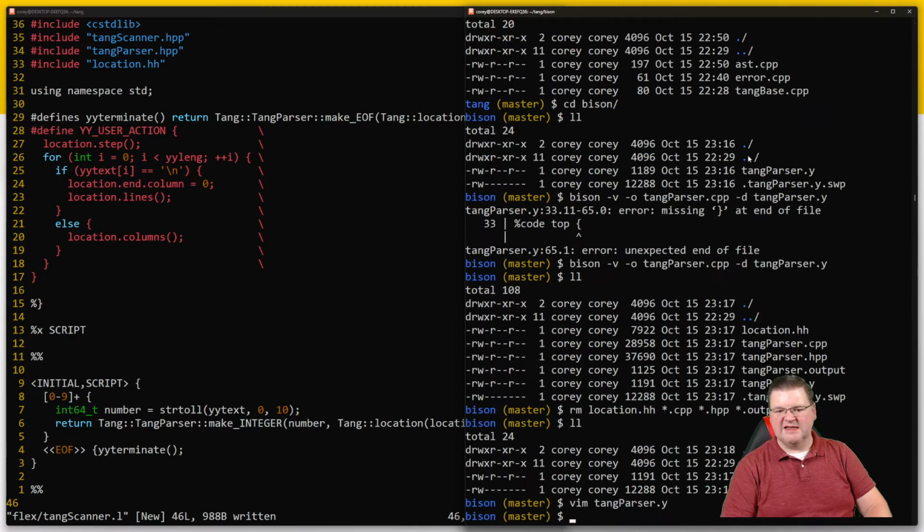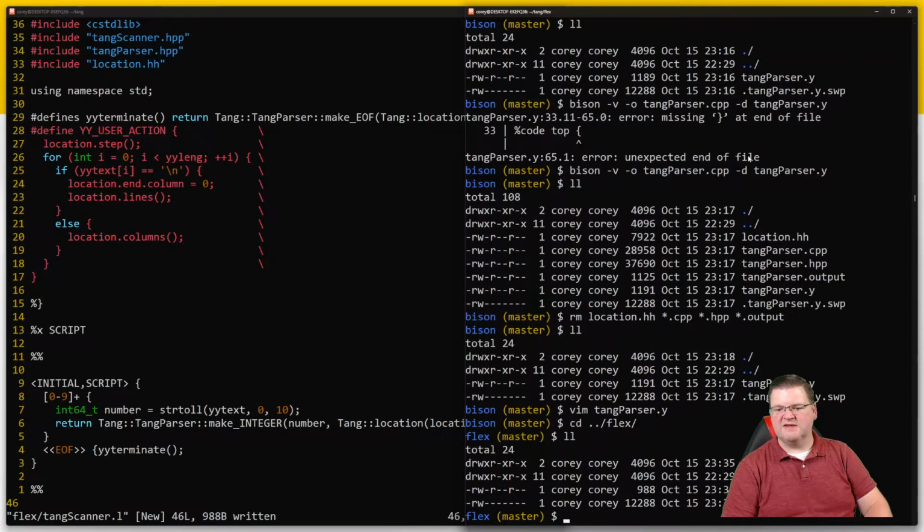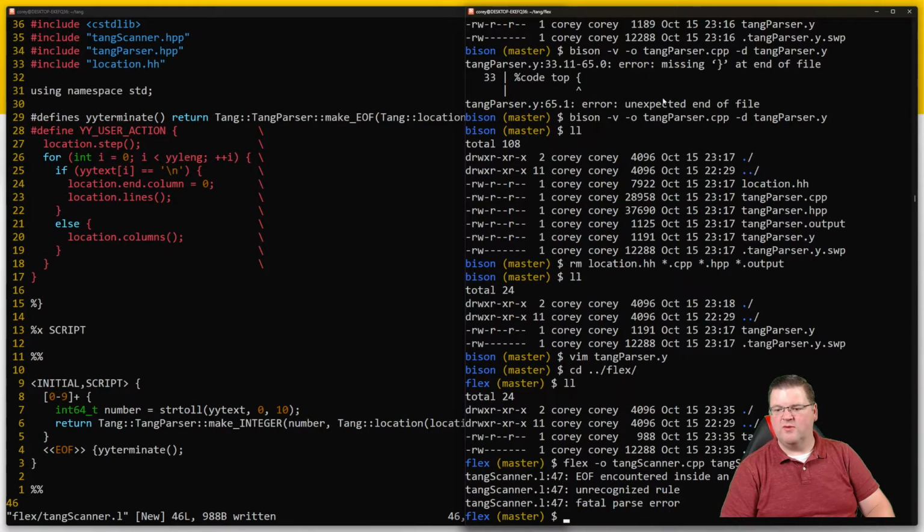And last, let's go into Flex, and we've got this Tang scanner.l, and now we want to run Flex and see what it generates. So Flex, its output is going to be Tang scanner.cpp, and we're giving it Tang scanner.l. If we run it